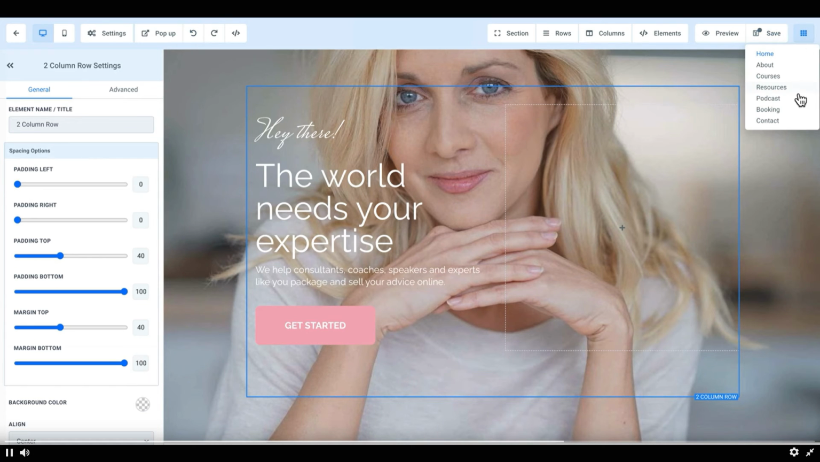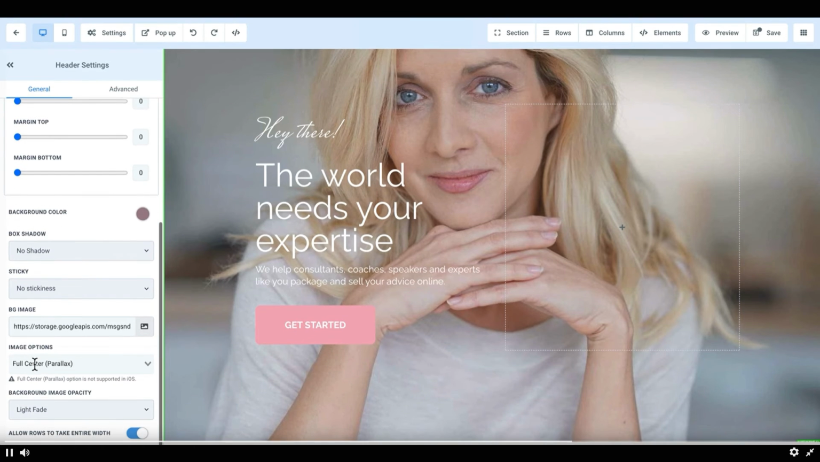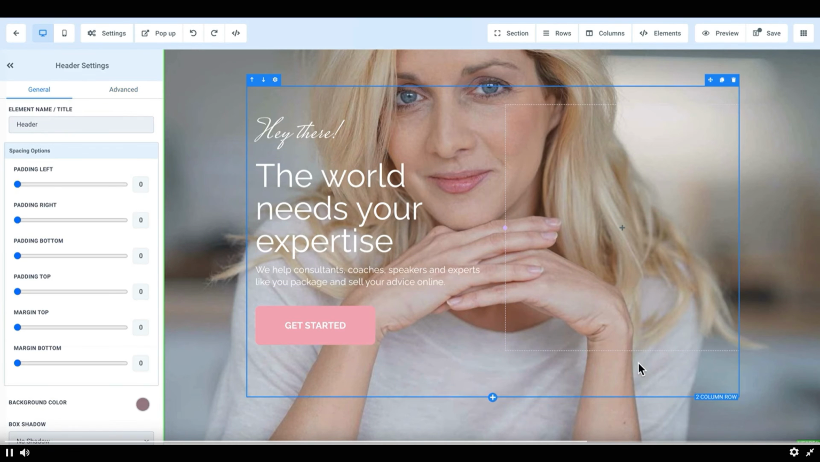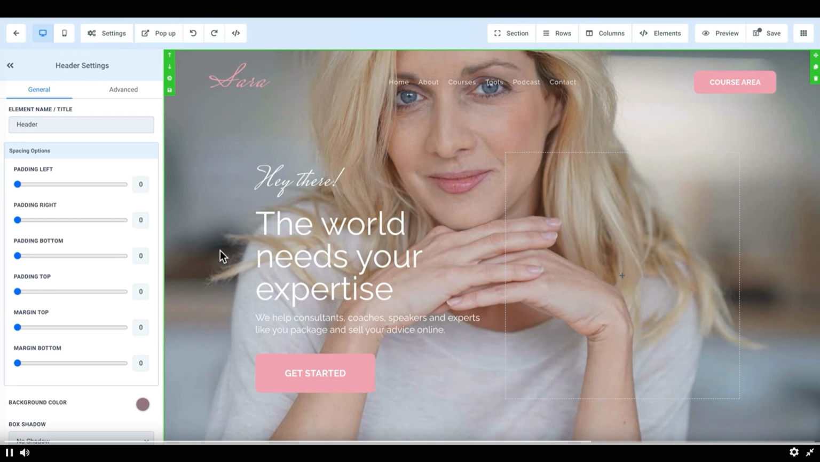You can toggle between your multiple pages. You can preview it. And there's just a lot of things. You can change the fade. You can do advanced, you can add borders around certain elements. So it's a fully functional drag and drop builder where you can pretty much do whatever you want and build